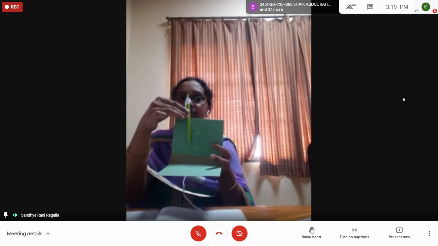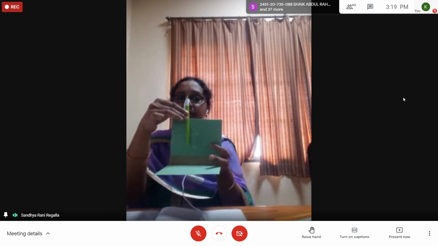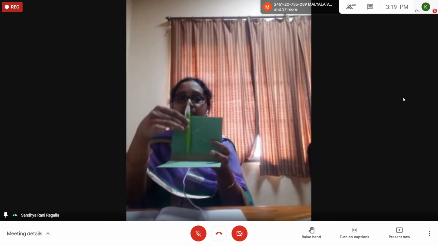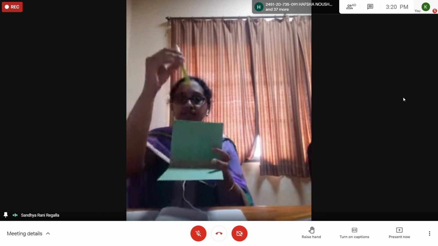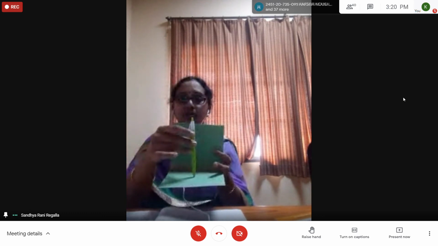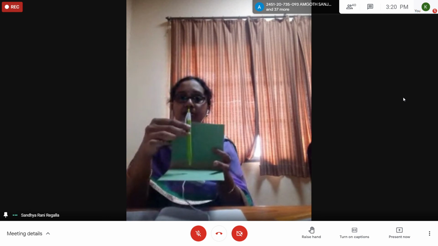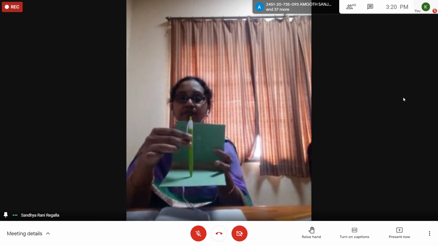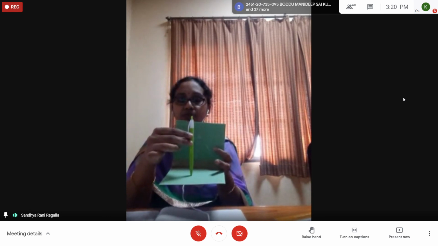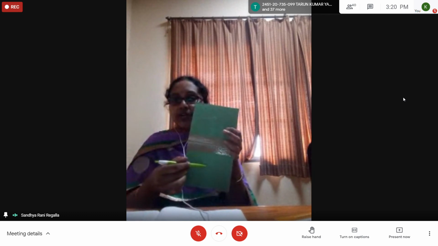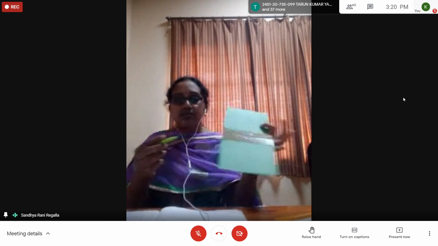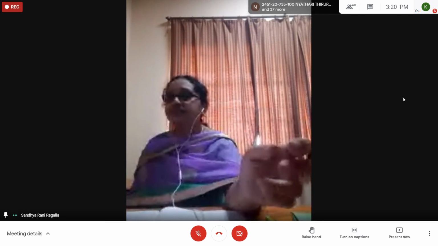So the front view is a vertical line we get on the vertical plane at a height of 15 mm. What is the top view? When you see from the top, the front view is a vertical line, and the top view is a point. Here we get one point, and when we rotate, we get one point here. Okay, so we will see.